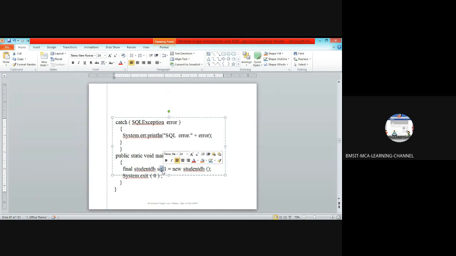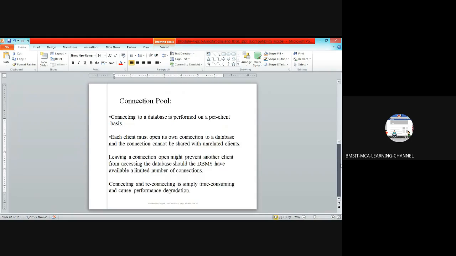So whenever you create the student, the corresponding default constructor is invoked, and you can perform the create operation on the database. Okay, clear? We'll discuss connection pool in the coming class. If any doubt is there in today's class or the previous class, you can ask.